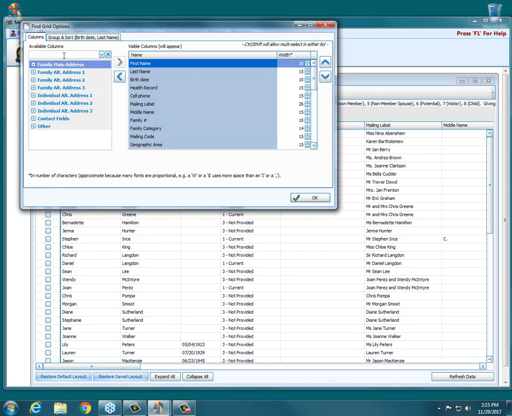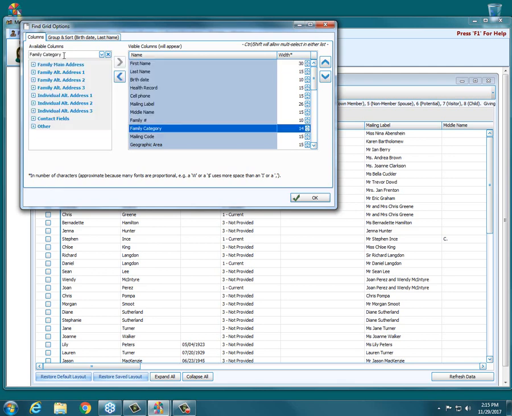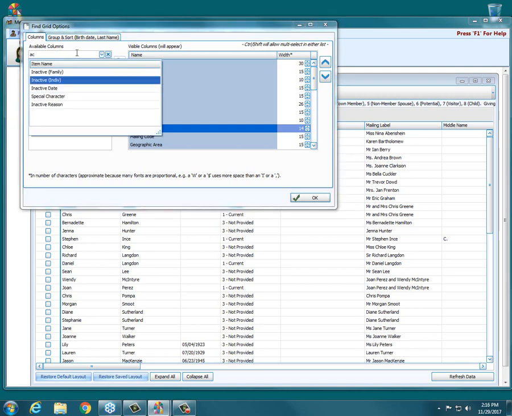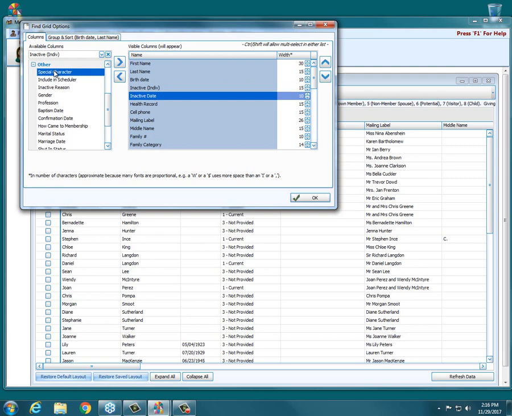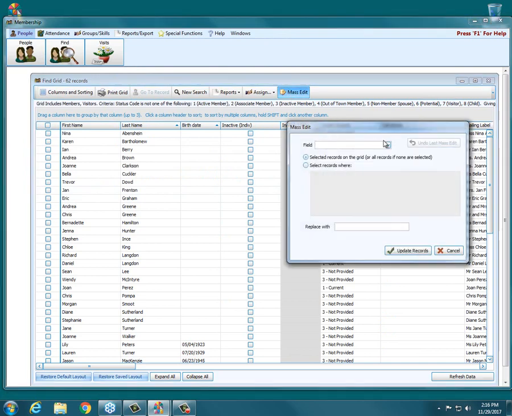So I'm going to add those two fields, category and inactive. And we have choices, inactive family or inactive individual. We're going to go with inactive individual. And we want inactive date as well. And we'll click OK. And then if we come into our mass edit, we click the down arrow, we can